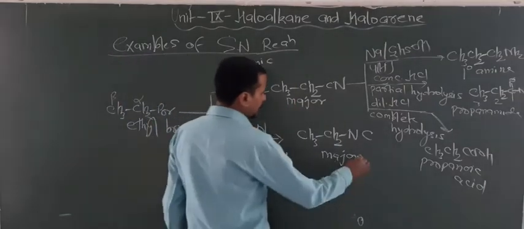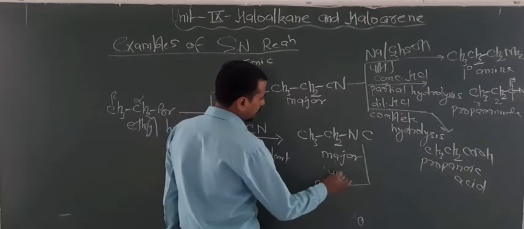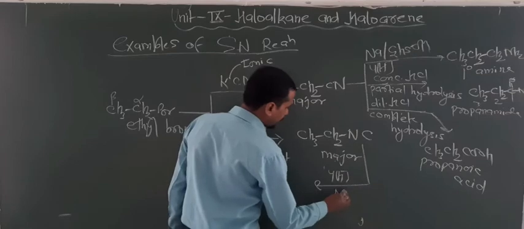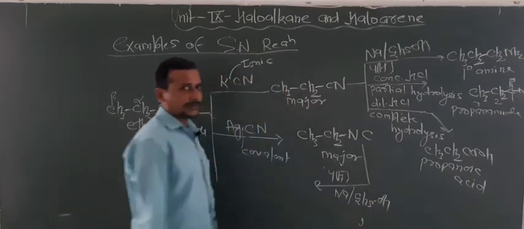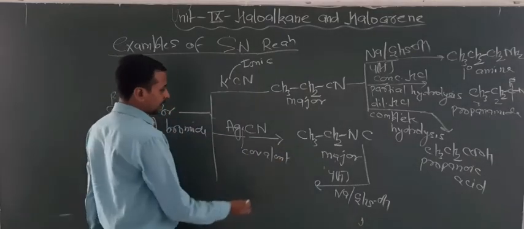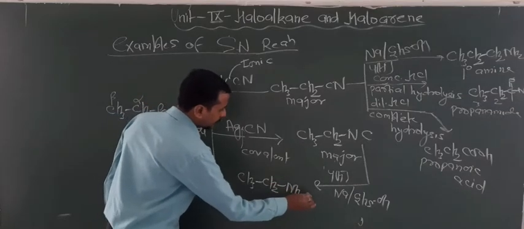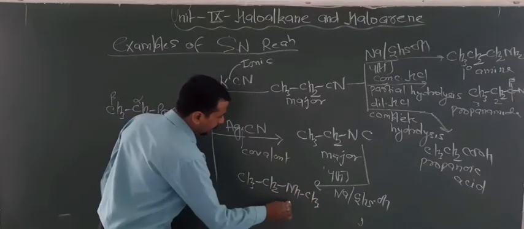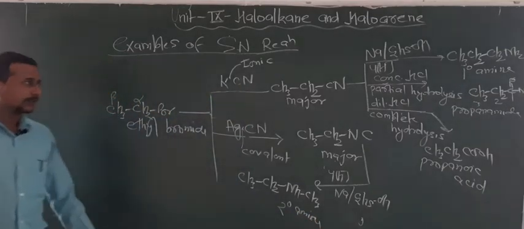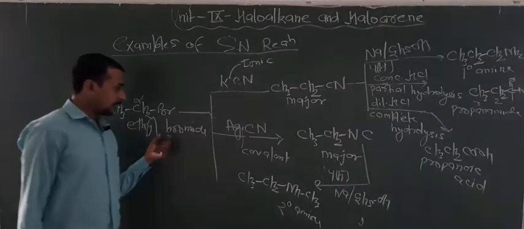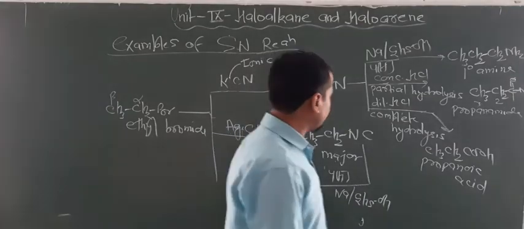Now similarly, if isocyanide is reduced with 4H in presence of Na and ethyl alcohol, this reaction is known as basically Mendius reaction. So what happens here? This will give a 2 degree amine, NH and CH3. So this will form a 2 degree amine. By this way you can convert one chemical compound into another chemical compound by using some basic reagents.